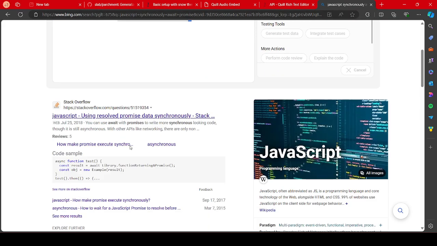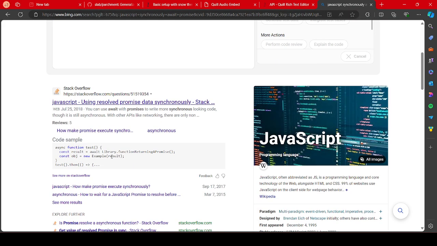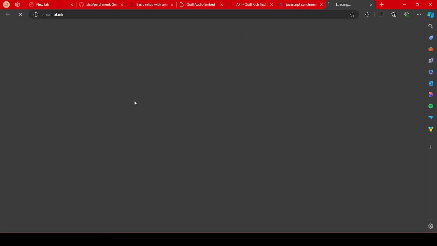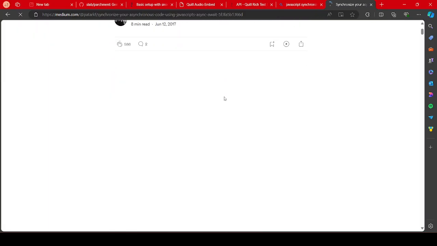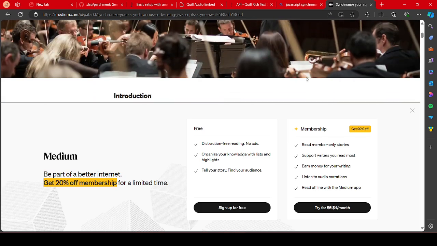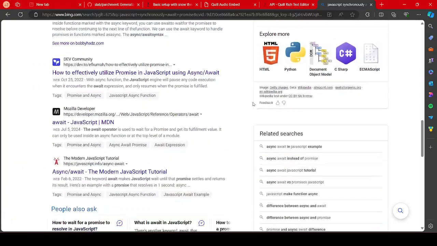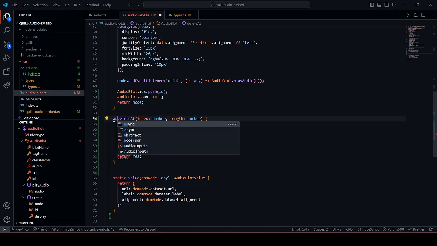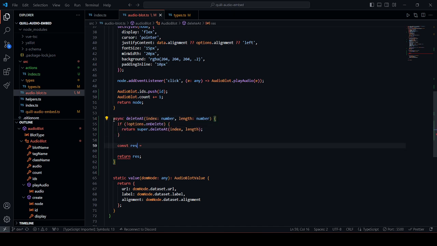Maybe this is the one. I can't make that function async, right? Will this work if I make this async? I don't think it will. Maybe it can. Await